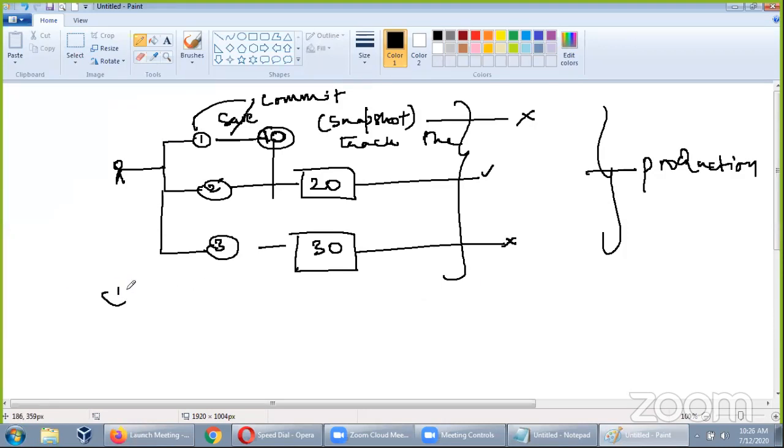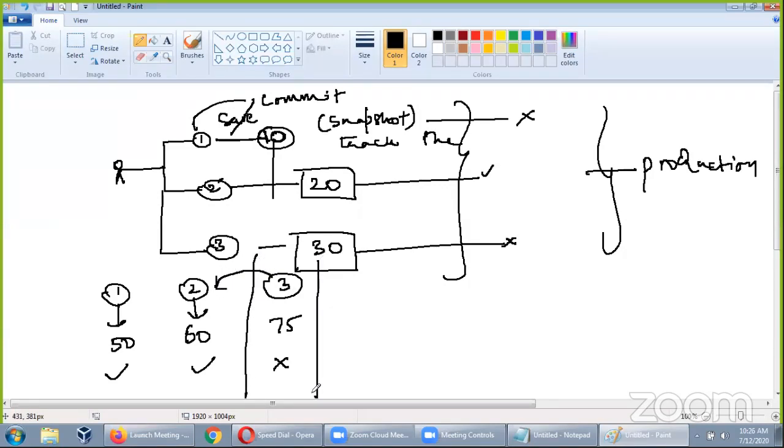I'll give one more example of the use case. So let's say on day one, there were 50 lines and it seems to be working. On day number two, they updated it to somewhat 60. It is also working. And day number three, they made it, let's say, 75 lines. It is not working. Now, immediately you have to revert back to this commit. Do you agree? If something is not working, we have to revert it immediately,